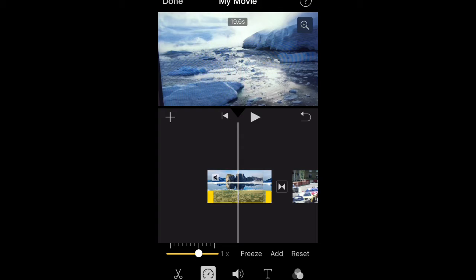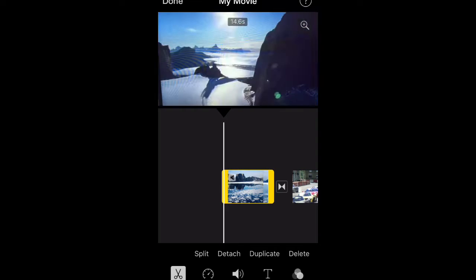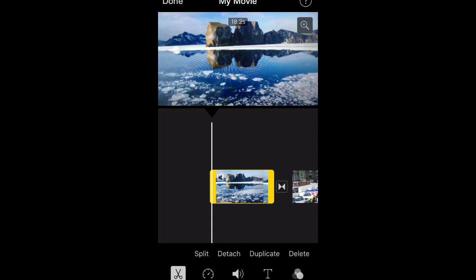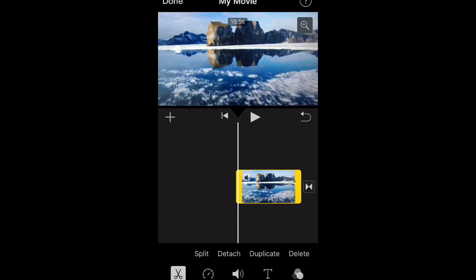You can freeze some sections of the video, which is not important for this video because we need to do it quickly. And you can also trim, which is a quick feature. You can select the seek bar from left or right, and then drag it onto the left side or the right side to trim the video, but we are not going to do that. So we have muted the original audio. Now we can also add our own audio or any kind of sound that we want to add to this clip.